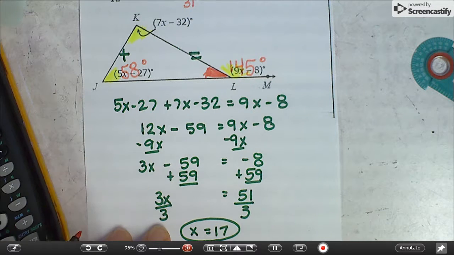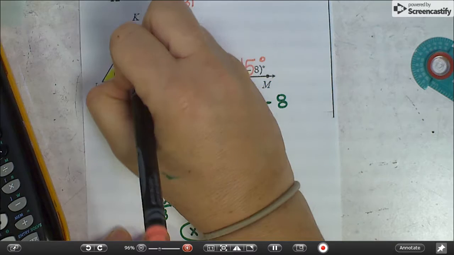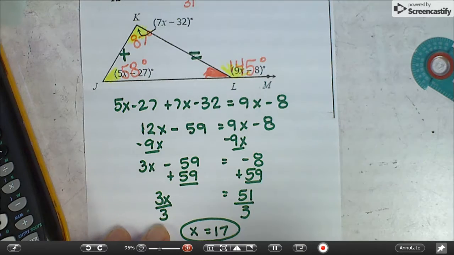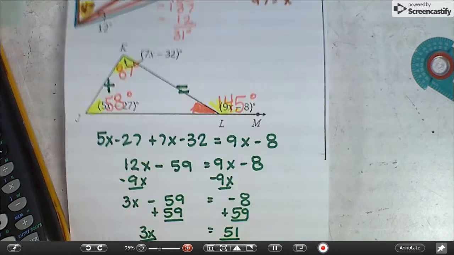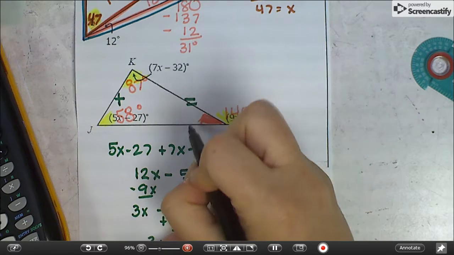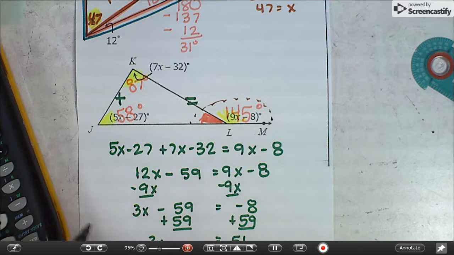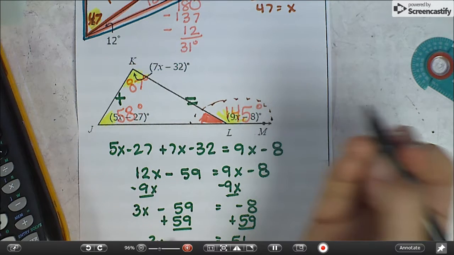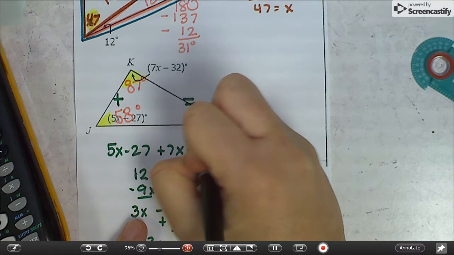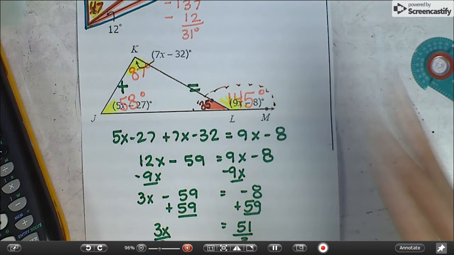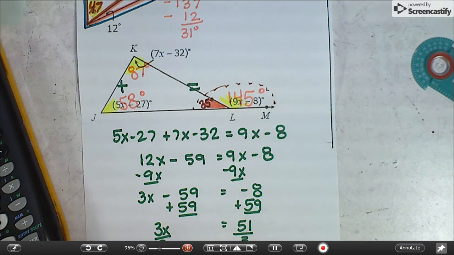And 7 times 17 minus 32 is 87 degrees. I'm going to use the linear pair to figure out the measure of this pink angle. Linear pair right there. So 180 minus 145 equals 35 degrees. If you wanted to, you could also do 180 minus